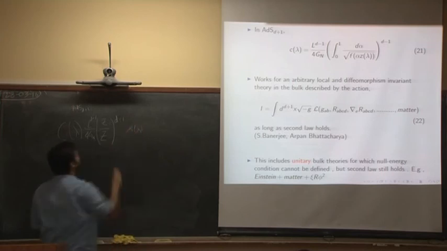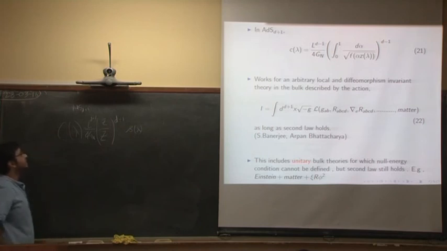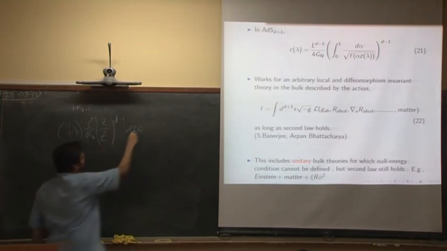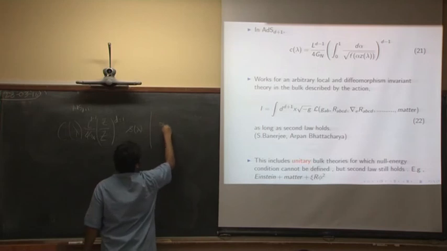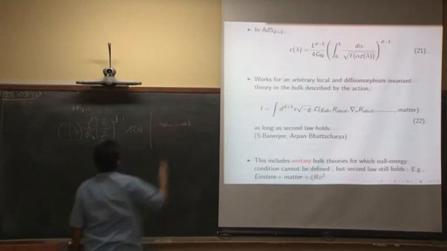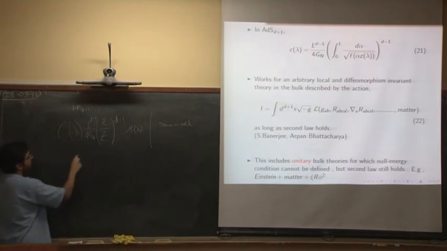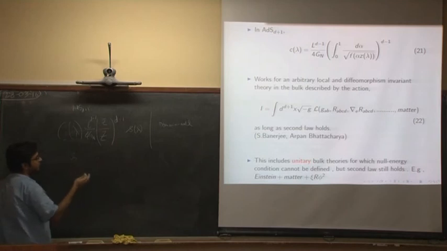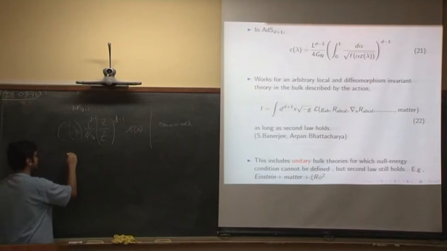So this is small s. Now what is this small s? This is for the domain wall geometry. This small s comes from the expression